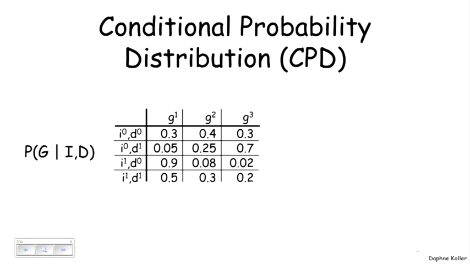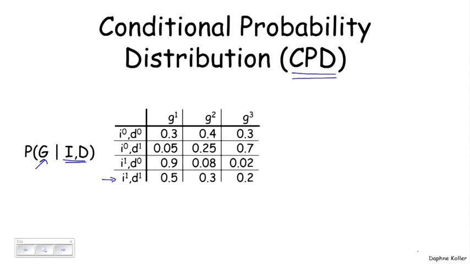Finally, a type of factor that we will use extensively is what's called a conditional probability distribution, typically abbreviated CPD. This, as it happens, is a CPD that's written as a table, although that's not necessarily the case. And this is a CPD that gives us the conditional probability of the variable G given I and D. So what does that mean? It means that for every combination of values to the variables I and D, we have a probability distribution over G. So, for example, if I have an intelligent student in a difficult class, which is this last line over here,